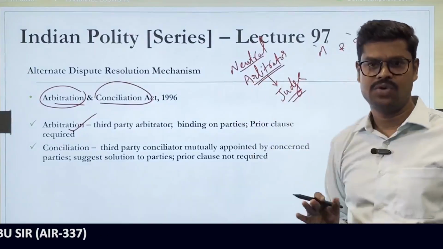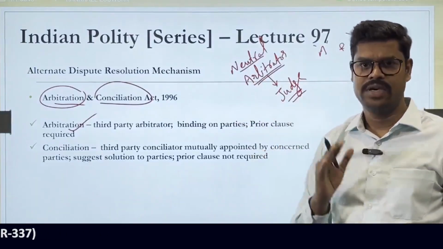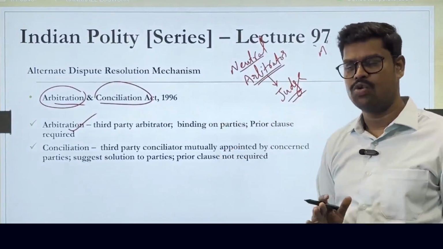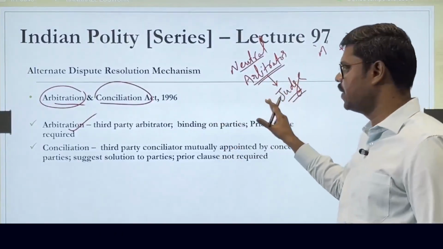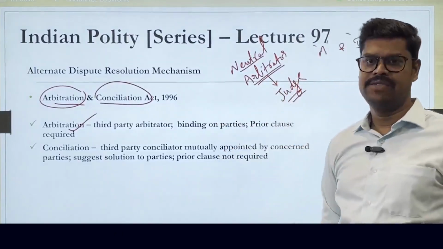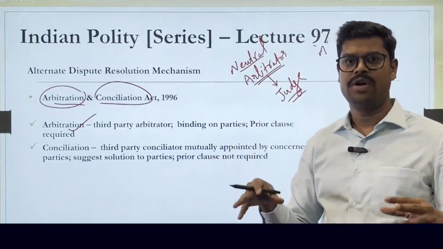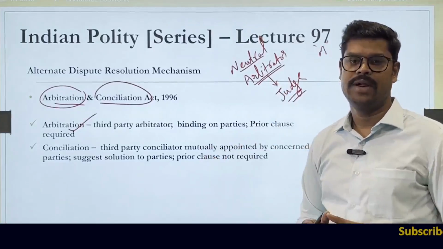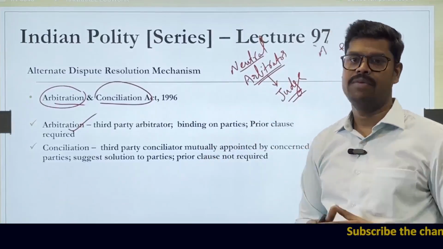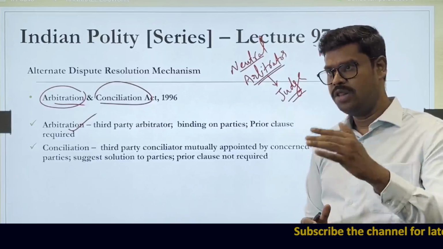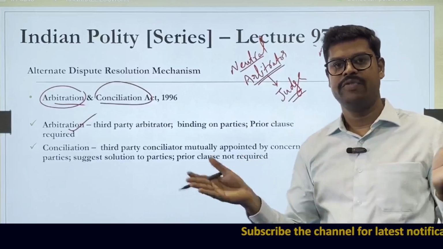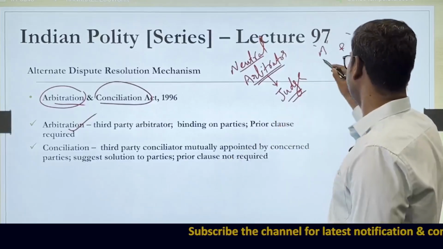So in case of arbitration, they will take up this matter to an arbitrator. So an arbitrator is someone who is like a judge, but not exactly a court. So they will go to an arbitrator, they will present the case in front of a neutral arbitrator. The arbitrator will study the contracts and whatever is a dispute between the parties, and then finally the arbitrator will pass an order.